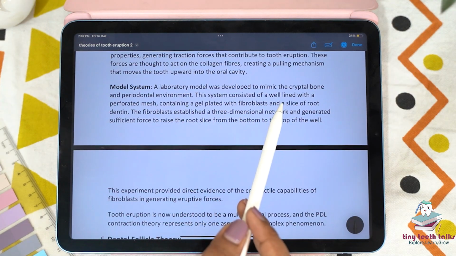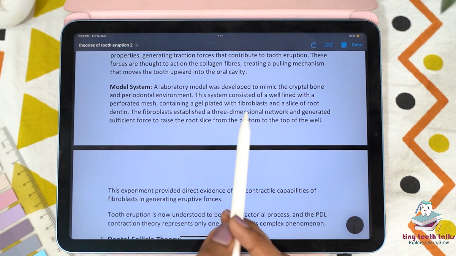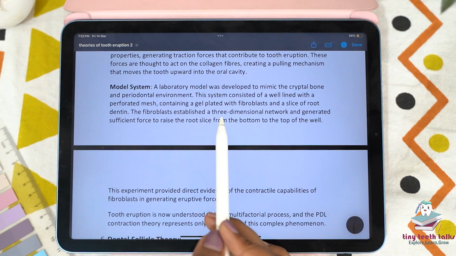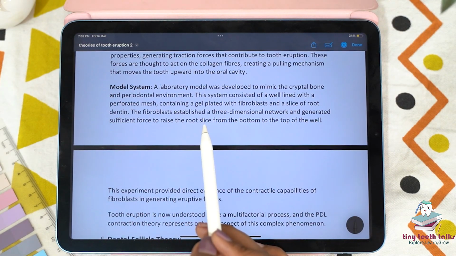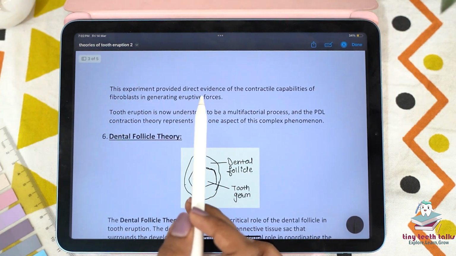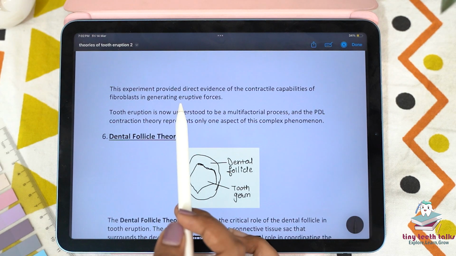This system consisted of a well lined with a perforated mesh containing a gel plated with the fibroblast and a slice of a root dentin. The fibroblast established a three-dimensional network and generated sufficient force to raise the tooth slice from the bottom to the top of the well. So these experiments provide a direct evidence to the contractile capabilities of the fibroblast in generating